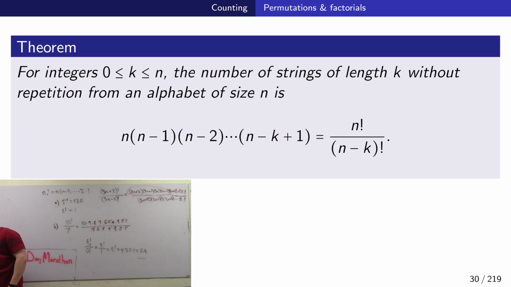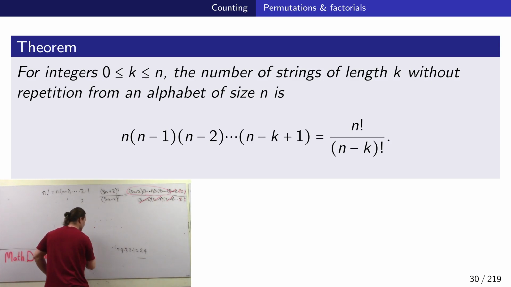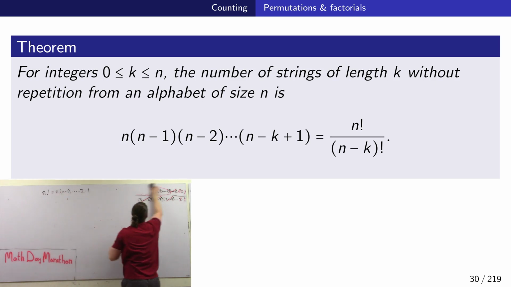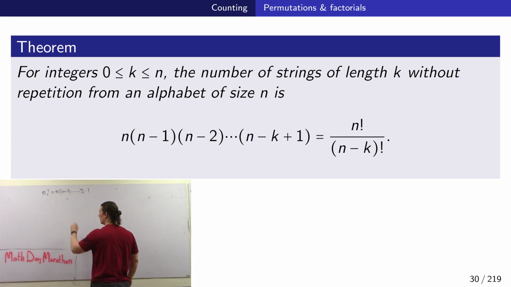Good. Okay. Yes, so now we have this nice theorem, which encapsulates all of this information, and lets us get a really nice shorthand for answering all the prior questions that we've done in this section. So there's our factorial. I'll leave that on the board. Now we have this theorem that says that the number, I mean, you can see it in the thing, but I'll rewrite this here, strings